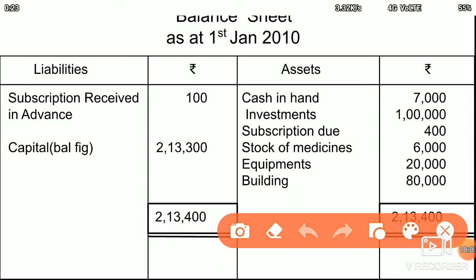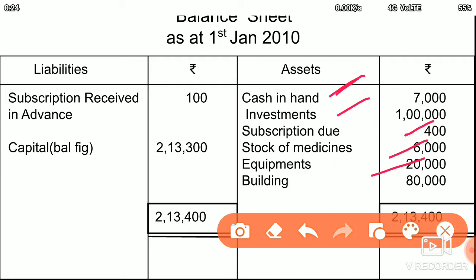So we have already entered from the receipts and payments account the cash, that is the opening, which is shown as opening in the current year. This cash is present in the previous year's balance sheet, 7,000 rupees. Then investment 1 lakh rupees we have already entered. Then subscription due in the previous year's ending was 400 rupees. This is an asset. Stock of medicines at the beginning, that is actually the closing of the previous year, 6,000 rupees, is an asset. Equipments also from the additional information, which is 20,000 rupees,